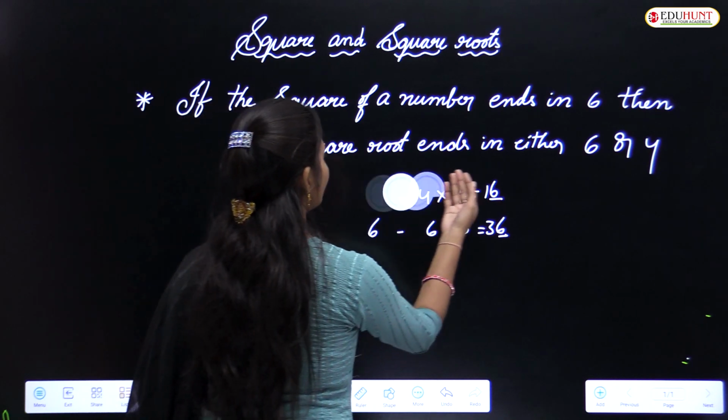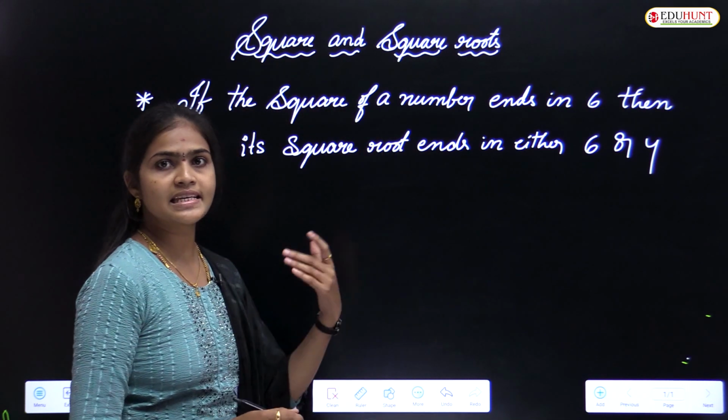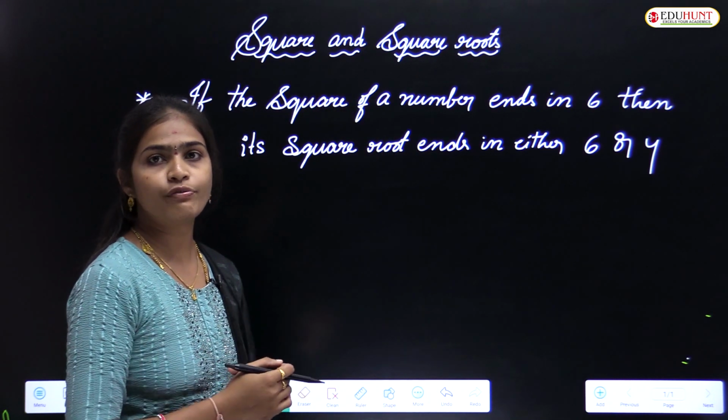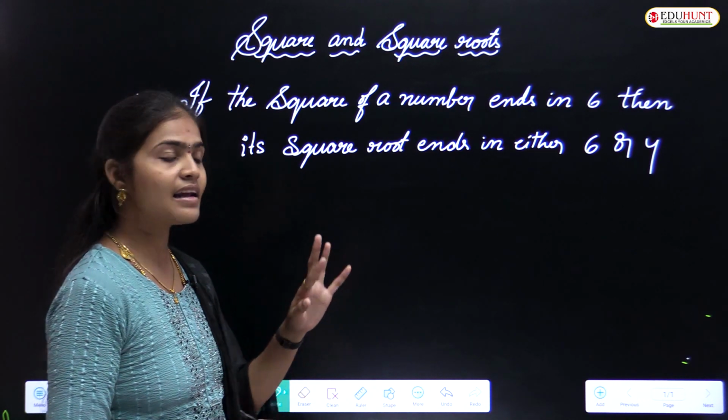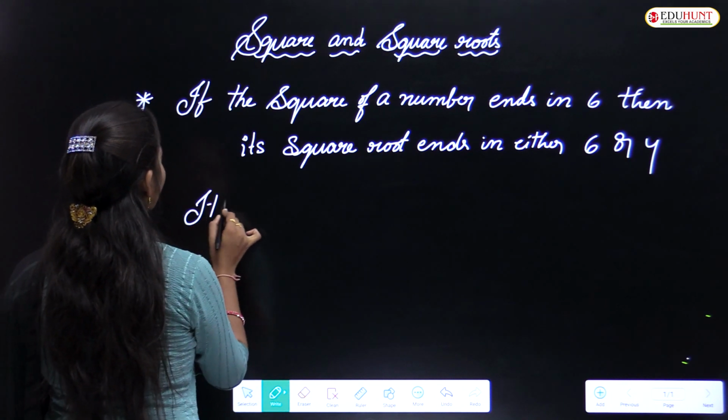So what is the next number? After 6, the square of a number never ends in 7. We know that. 8 is also not possible. Next, 9. So here, if the square of a number